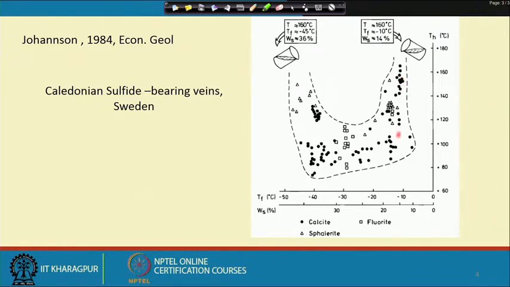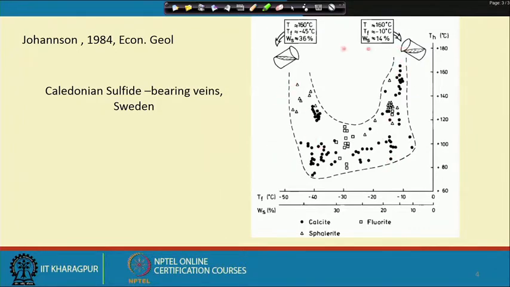The salinity and temperature are recorded from different minerals: the black dots represent calcite, the triangles sphalerite, and the squares fluorite. These fluid inclusions fall in this kind of band, which the authors interpreted